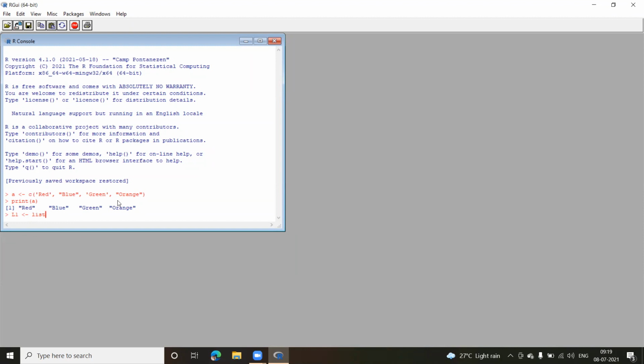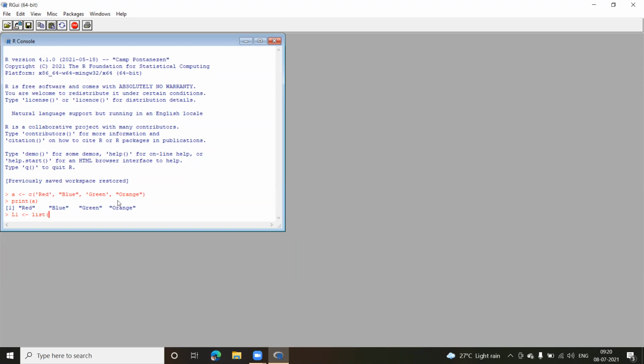So we have a function called list, with small characters. One more thing, even a capital letter is different in case of R. So a small r and a capital R is different, like a small a and capital A is different. Please remember. Whatever code you are writing, especially the reserved words, reserved words are the ones which are already defined inside the program. So in R programming, a list has been defined. It's again a function which will create a list of elements which can be of different types.